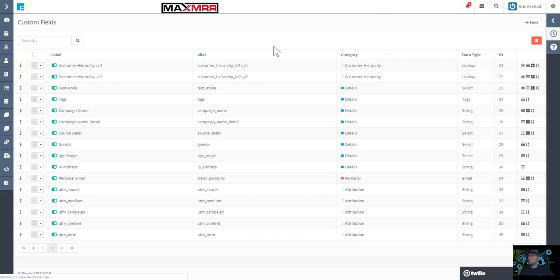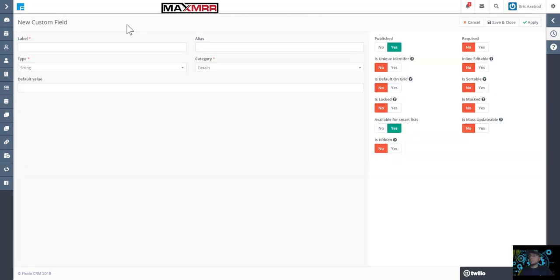So what I'm going to do here, inside of custom fields, is click on this new button in the upper right corner. And this is going to bring up basically that same dialog. In the example that I was going to go over, let's say that we're trying to track affiliates, and so I am going to put a field in here. Let's call it affiliate name,